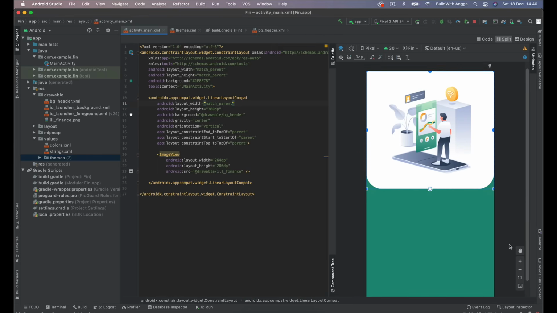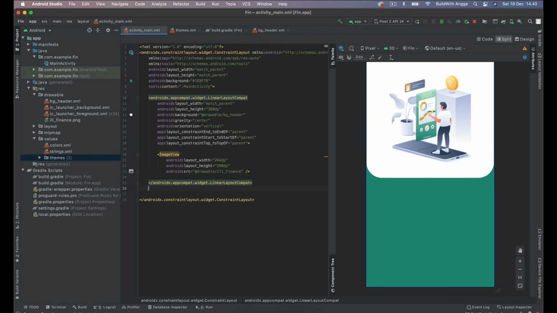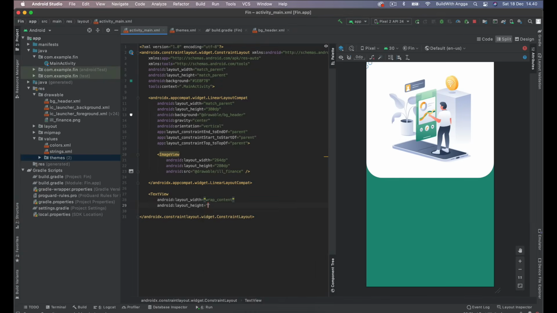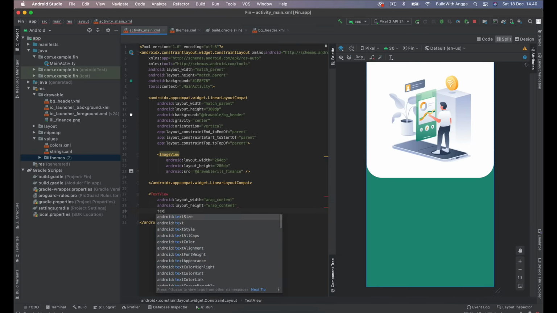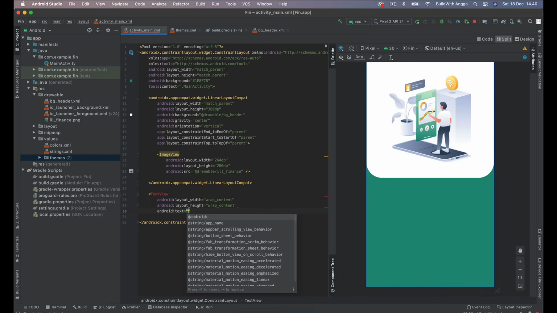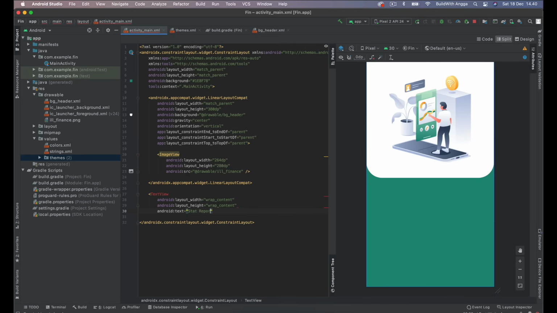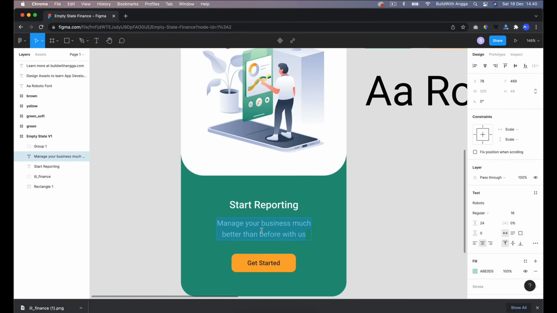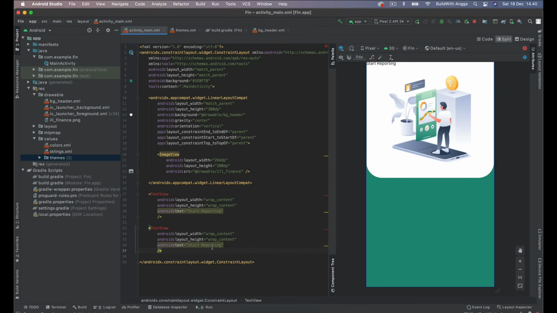Okay, and below of this linear layout we're gonna need a text view, and the text was start reporting. Okay, and another text view, actually, the other one is about manage your business.